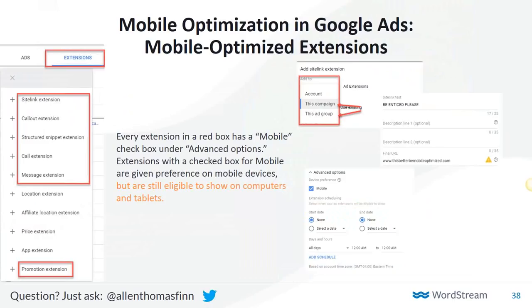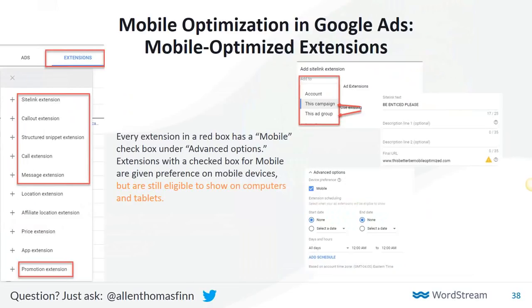But back on with the show, some of the ways that you can optimize for mobile within Google Ads are mobile preferred extensions. So site link extensions, callout extensions, structured snippets, call extensions, message extensions, and promotion extensions can all be marked as mobile preferred. That doesn't mean that they're only ever going to show on mobile devices, but as you can see here, they're given preference on mobile, and if you have other ad extensions that are not mobile preferred and ones that are,